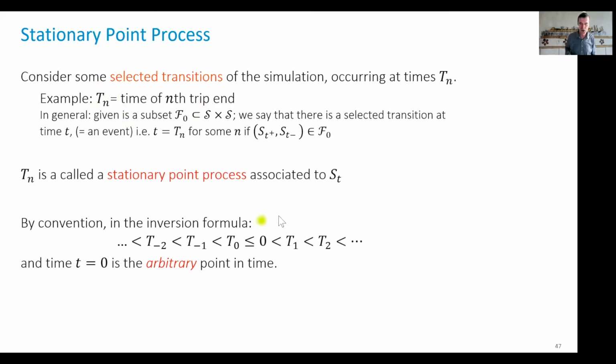Now, in terms of notation, in the context of the Palm calculus formula, we will always use this convention, since the sequence of time events here is infinite. In this theoretical model, things are stationary, have lasted forever, and will last forever. Of course, this is just a model. Then we call T0 the event that is the last one before 0. So we always assume that T0 is less than or equal to 0, and T1 is the first after 0.